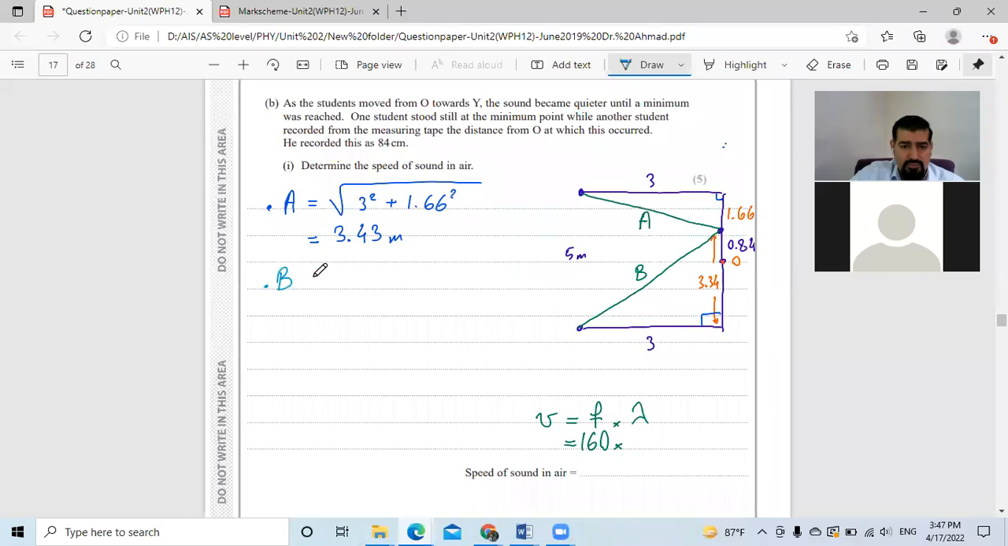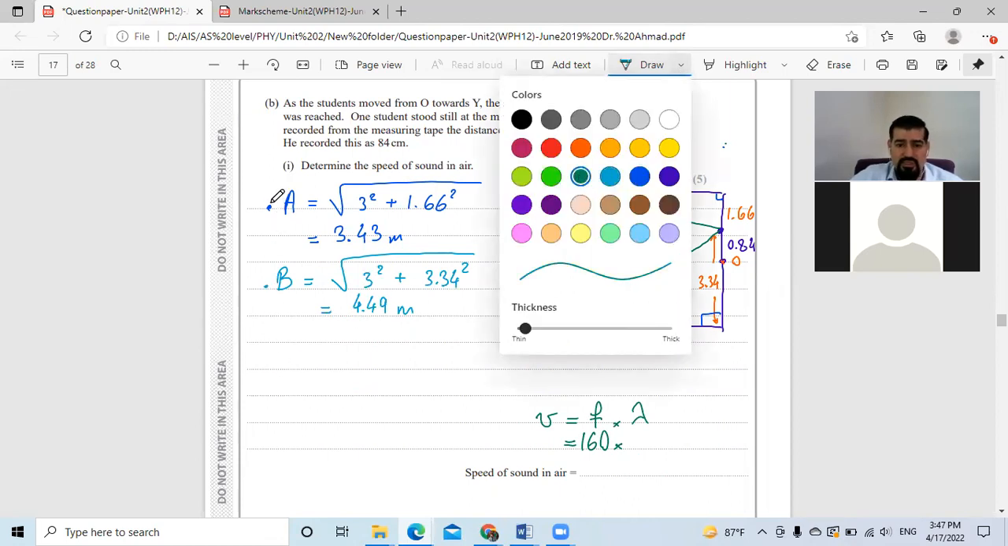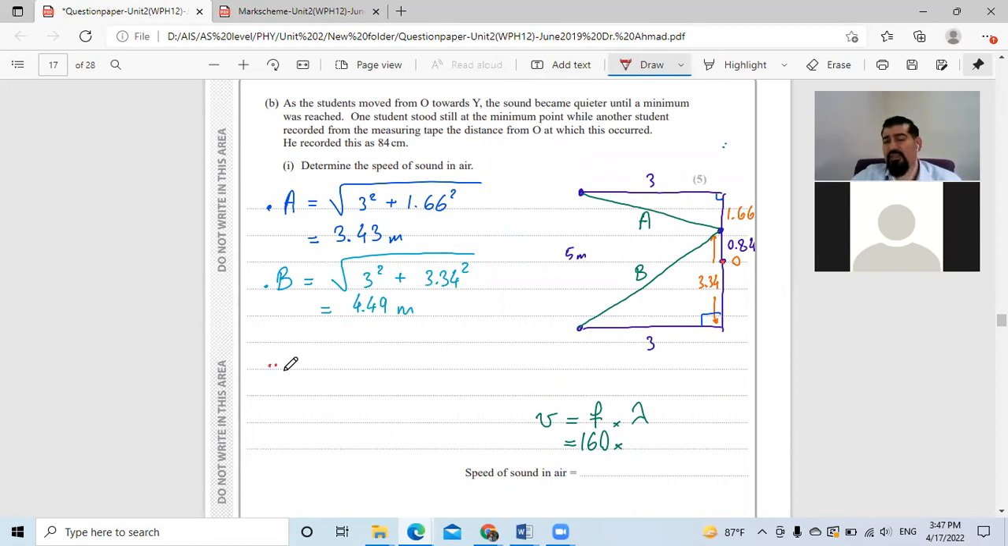For path B, we have to do the same thing to find how much it is. It's 3 squared plus 3.34 squared, and by using a calculator it will be 4.49 meters. Then the path difference between A and B is supposed to be half a wavelength because it's minima, destructive